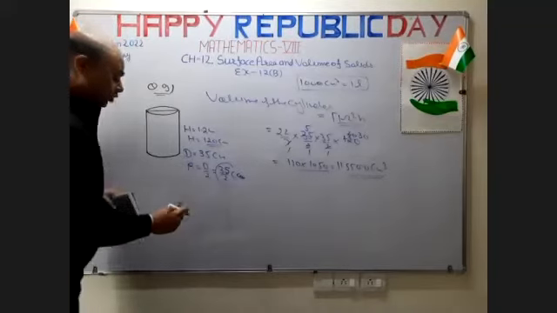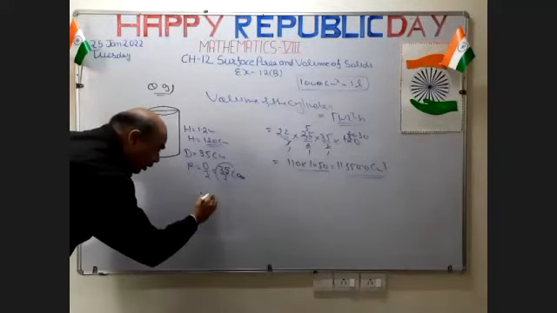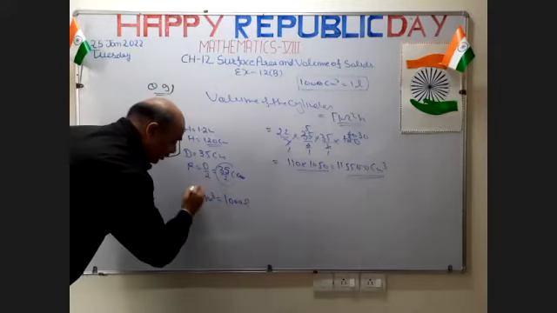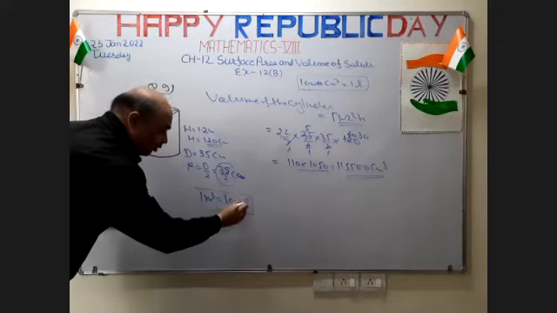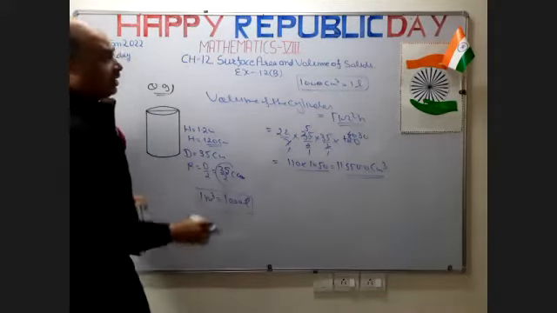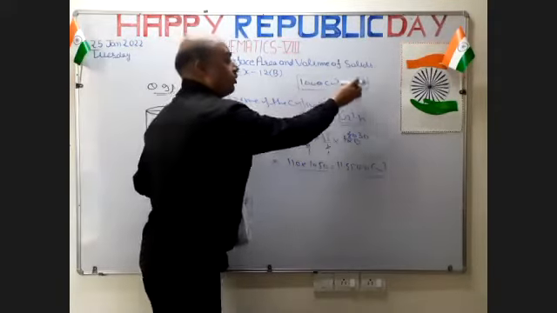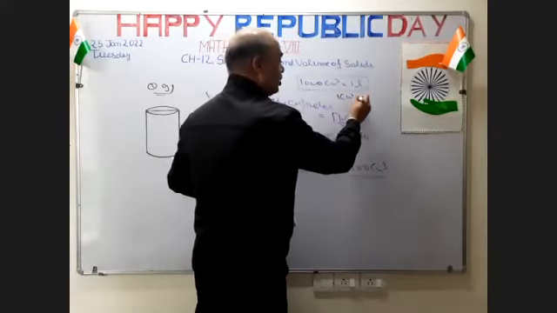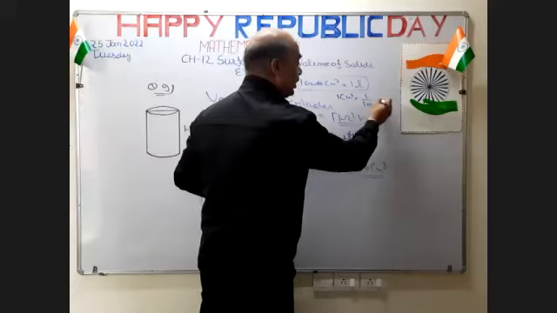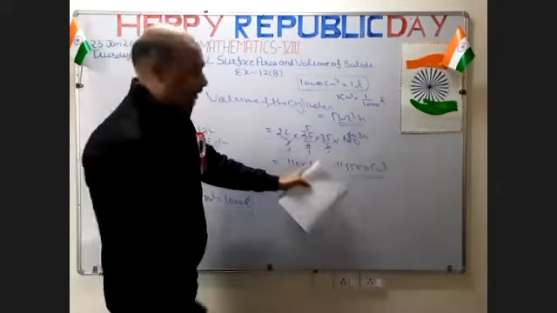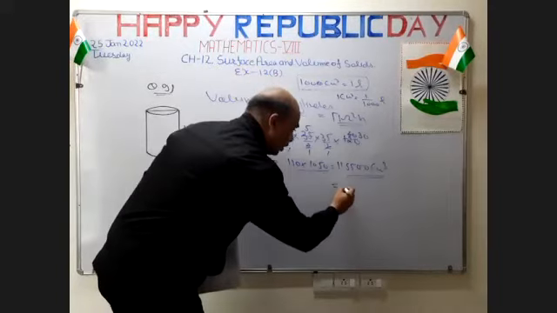And you know also in 1 meter cube, how many liters are there? 1000 liters are there. Okay, so write these two formulas on your side. 1 meter cube equal to 1000 liter and 1000 centimeter cube equal to 1 liter. So it means 1 centimeter cube is equal to 1 upon 1000 liter. If I divide it by 1000, it's going to be converted in the liters. So divide it by 1000, it's going to be